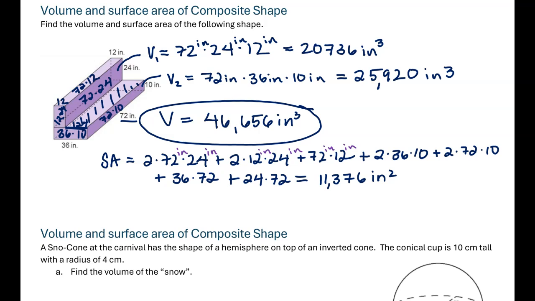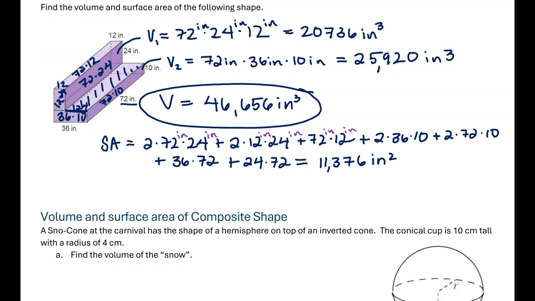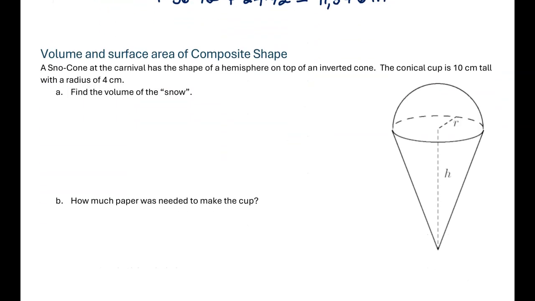Okay, just one more to use some of the other formulas. We have a snow cone, which is a hemisphere on top of an inverted cone. Oh, this is going to make me go look up that formula I didn't give you. Serves me right. Let's see what we have to start with. We want to first find the volume of the snow. So that's going to be half of a sphere